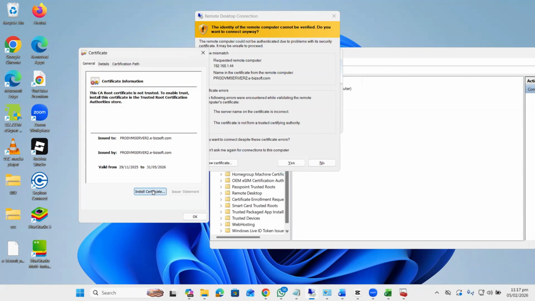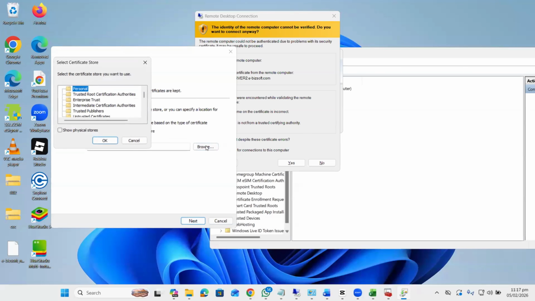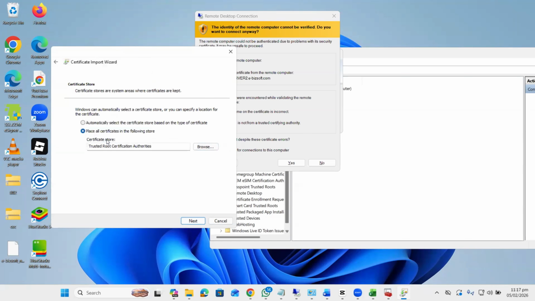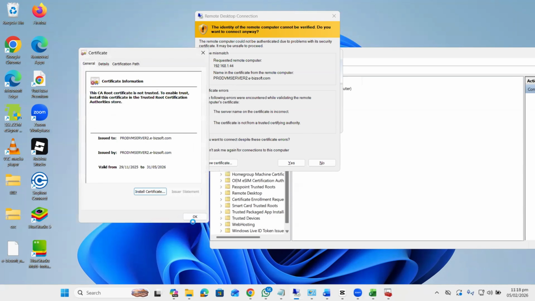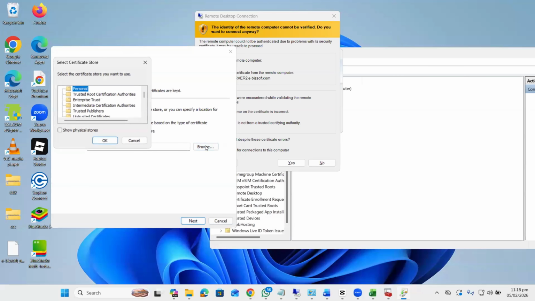Now I repeat these steps for all other certificate locations, and then I will go with the trusted root certificate, and one by one I will select and import that certificate. When we complete this process, you will be able to verify it. Now we select the enterprise trust.